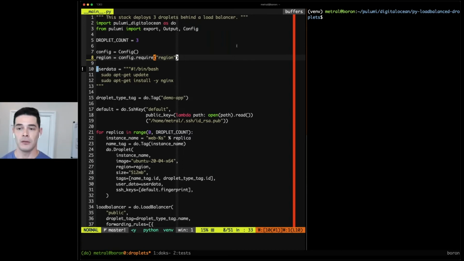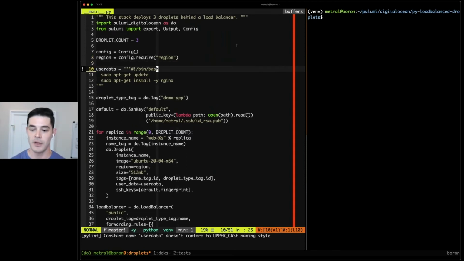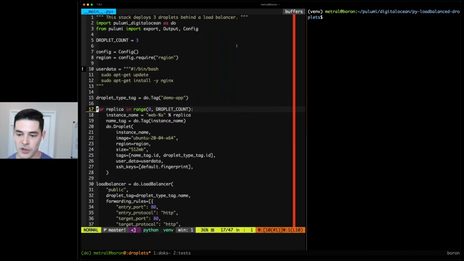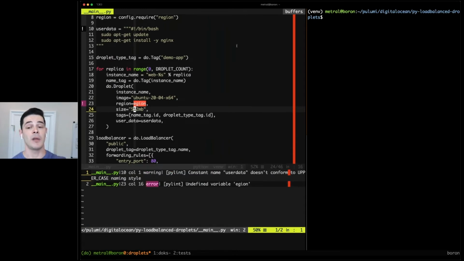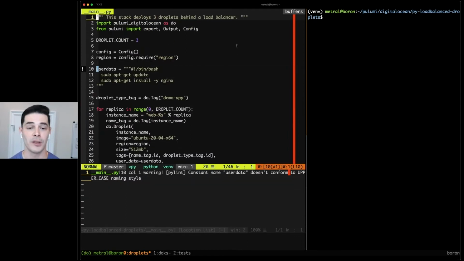So if you've written Python, this is regular Python. I have my IDE. I have the ability to have my compiler yell at me if I, for example, am not following the proper casing that I expect. But when I change things, I can delete state, and if I have a typo for a variable that doesn't exist, I can have my IDE tell me, hey, this change is not going to work. So I want to make sure that at compile time, I fix this so that the deployment actually functions. So languages allow me to catch these changes early on and to improve the workflow that I'm authoring these